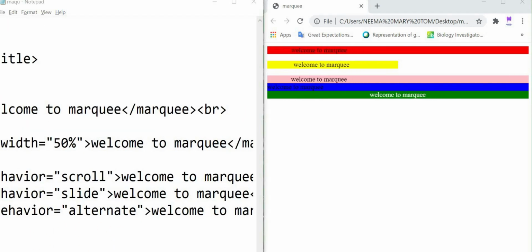So, to change font color, we can add font color tag here in front of that text.